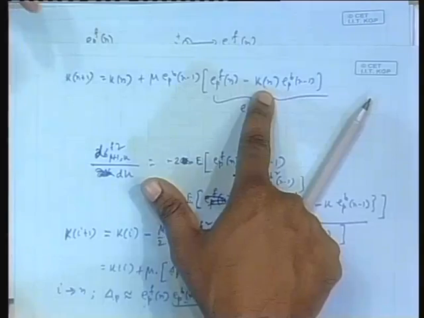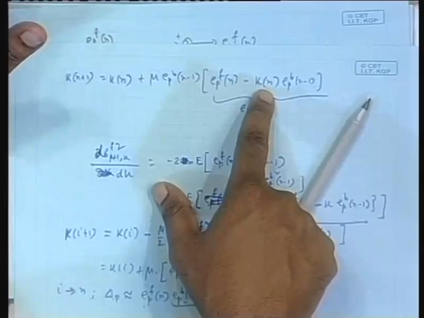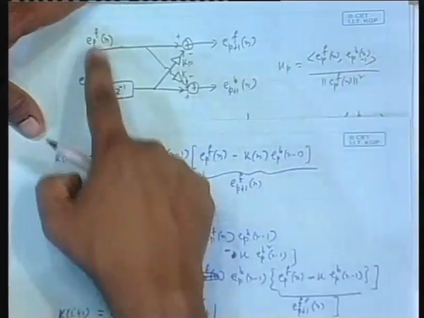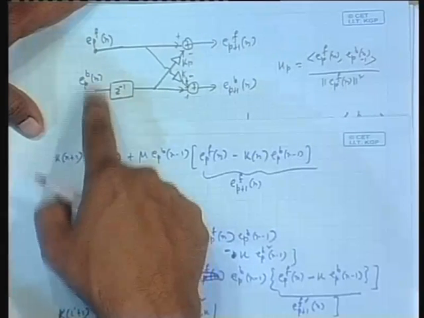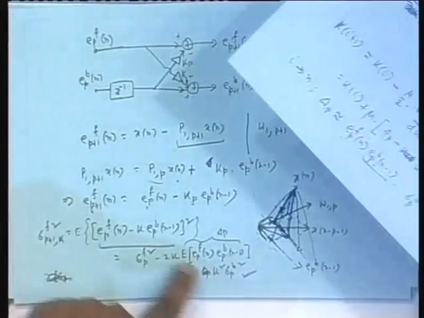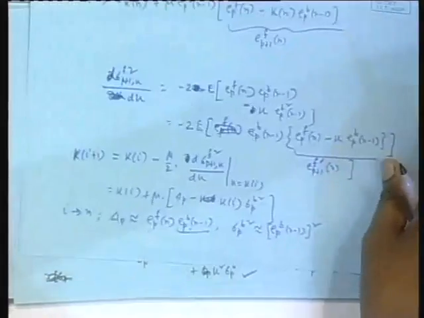It may converge to the optimal one. I mean, when k n may converge in this process to the optimal one, then onwards you will get this to be the actual optimal E p plus 1 f n as given by the optimal lattice we derived. But as of now, it is just the one that you get at the lattice output with the available coefficient. Okay. But the static assumption is that the two inputs are correct. That is why their variances were indeed those sigma p b square and all those things. Okay.